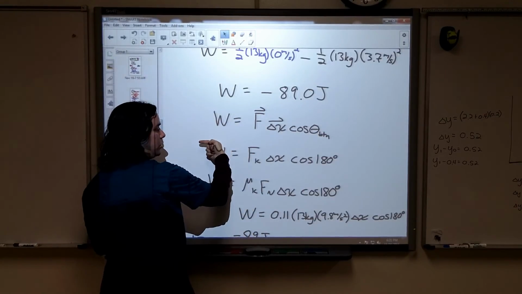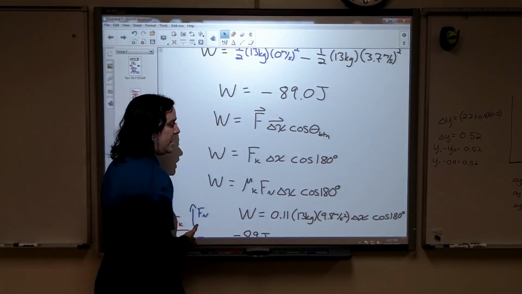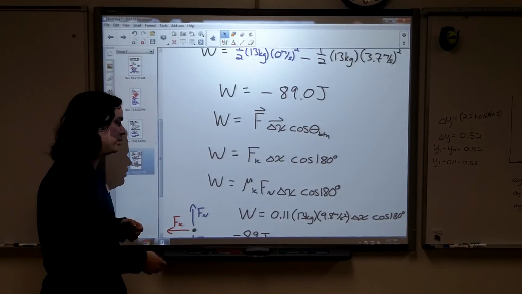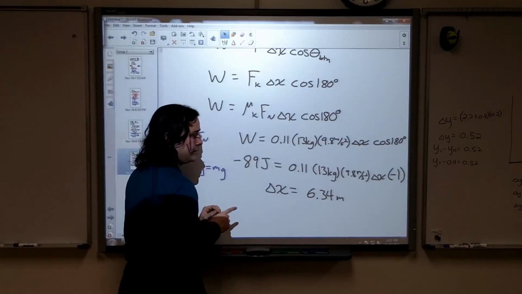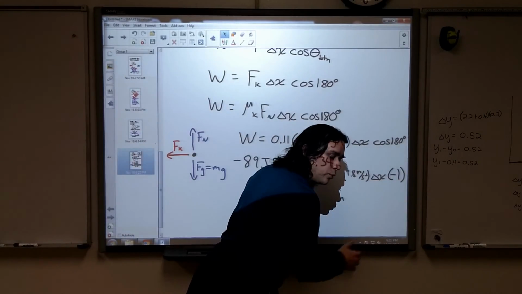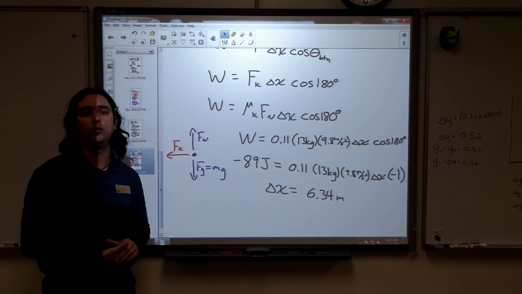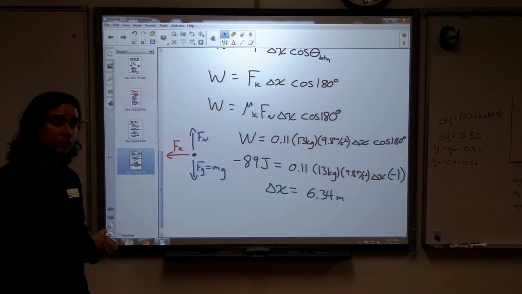The force of friction is to the left, but we're moving to the right. That means we have cosine of 180. That means that this is actually doing negative work. It's taking energy out of the system. Those negatives will end up canceling out for us, and that's why we get a positive delta x, because that tells us that we have moved to the right in our displacement. If we got a negative, it would have told us that we moved to the left instead. Again, all of these signs will work out if you use them